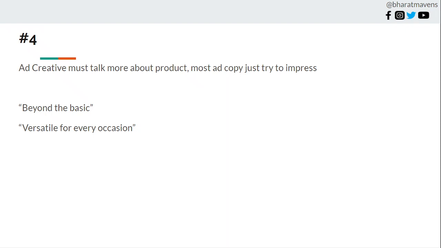That is how the creative should be made in terms of hierarchy, from top down instead of going bottom up of what features to speak, what benefits to speak. You should come top down: whom am I speaking to, and then what should I speak to them that convinces them. That should be the copy.